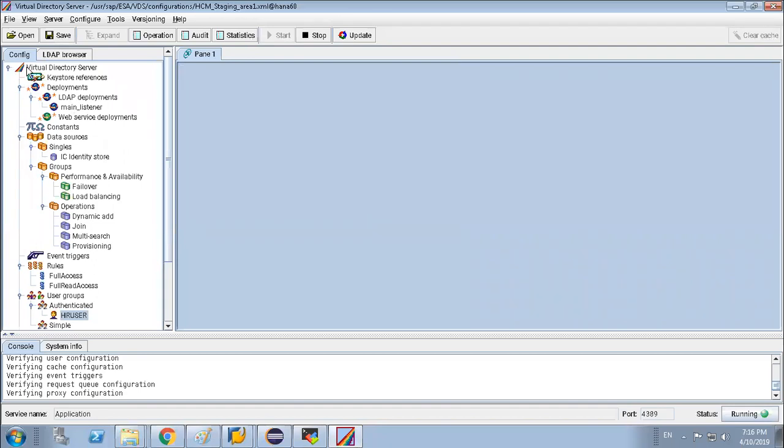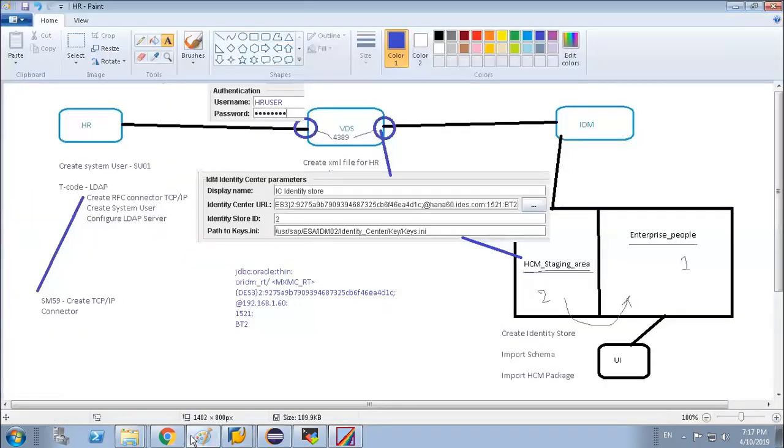The XML file is nothing but the configuration file in the VDS system in order to connect our HR system and the IDM system. So these two pieces of information we have to provide, and also the KNS file, as I have shown you in the last day session, that KNS file you have to maintain.